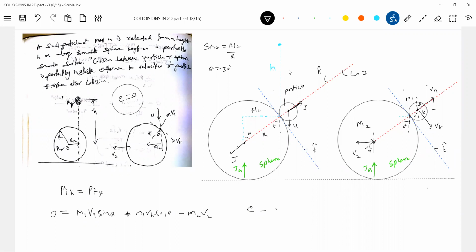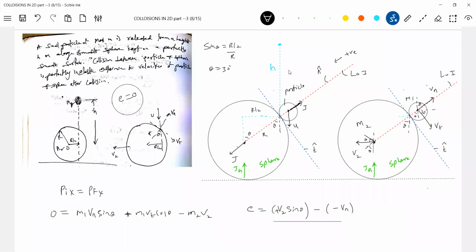This is theta, this is theta. V2 sin theta, and let me define this direction as positive. So V2 sin theta minus that of the particle. Only Vn will come, no? Minus Vn. What about the component of Vt? It will be perpendicular to the line of impact. Only Vn will come into the picture. Divided by,